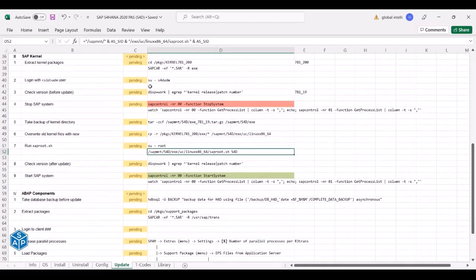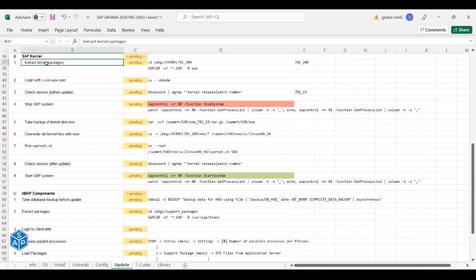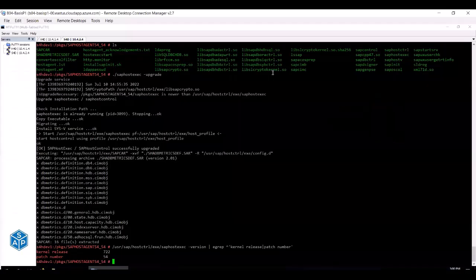Let us start with the kernel upgrade. The first thing that you need to do is to extract the kernel packages of the new version. So if you see over here in a directory,